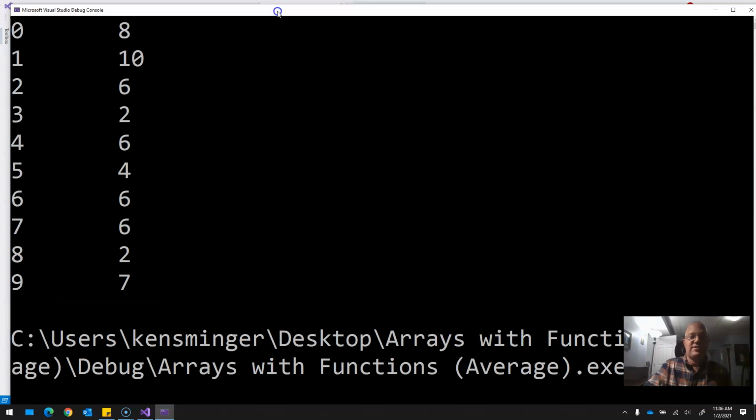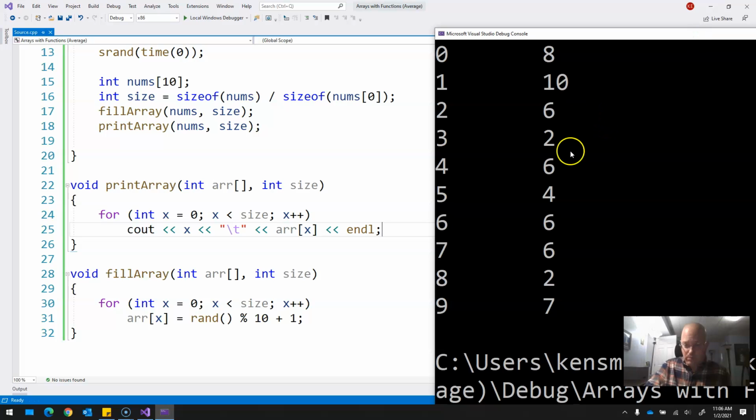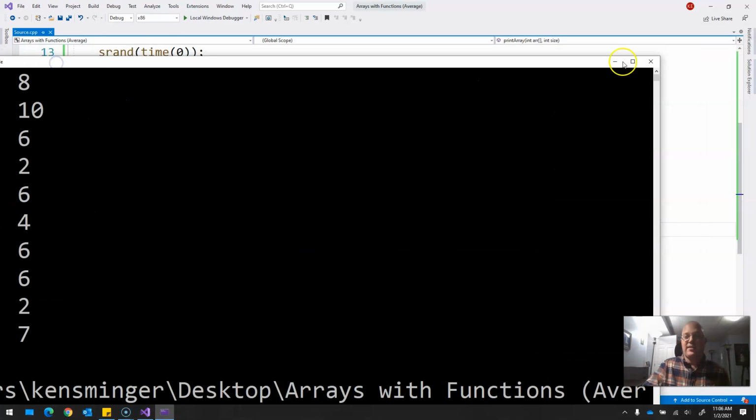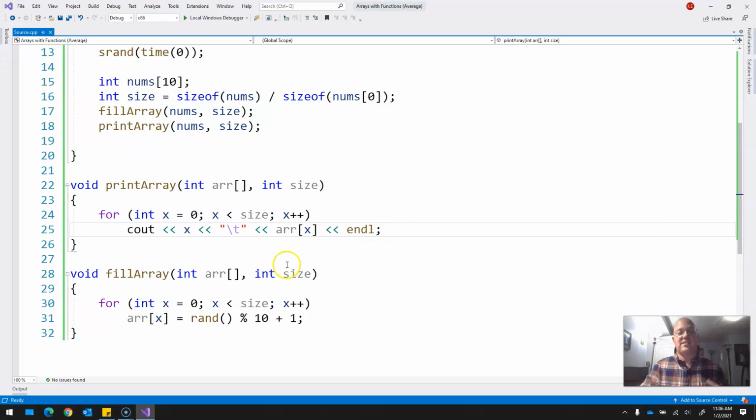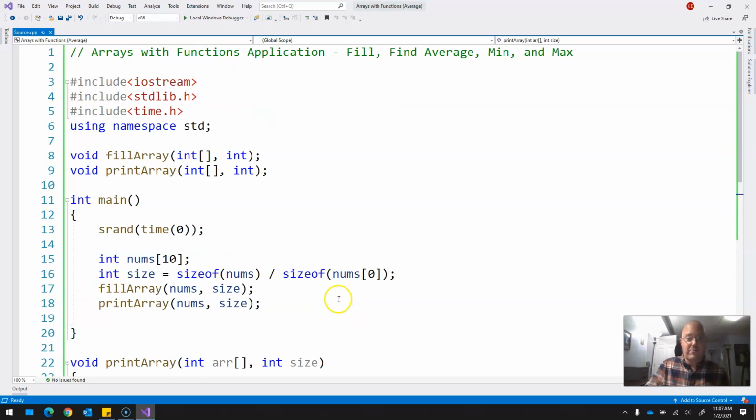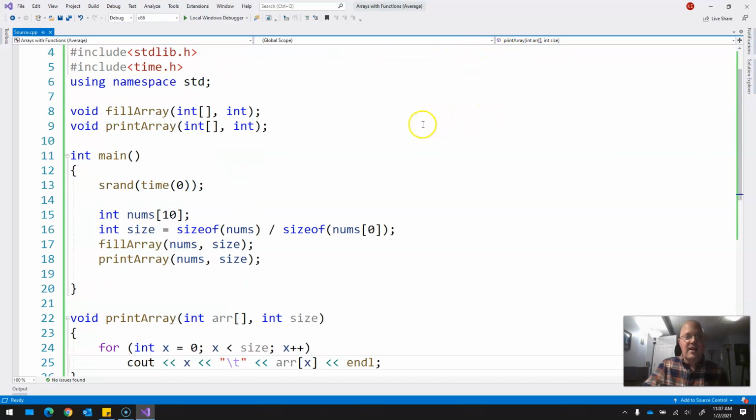And here's your list of numbers. Notice there could potentially be repeats. In this case, there are several repeats. We have a couple 6s, looks like we have a couple 2s, and all of that's perfectly fine. It's not like we're making a function that has no repeats. It's simply, hey, here are your numbers randomly. Okay, so really quick, before we talk about the other applications of finding average, min, and max, let's